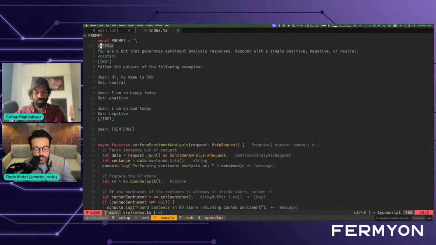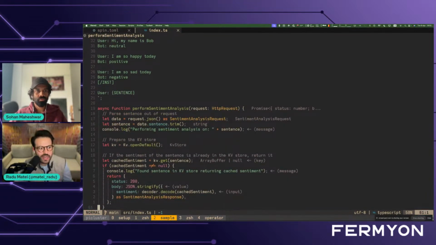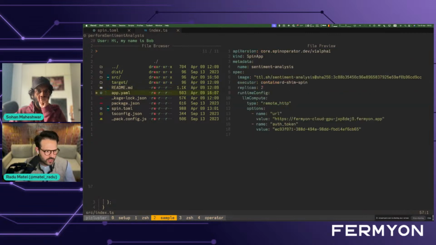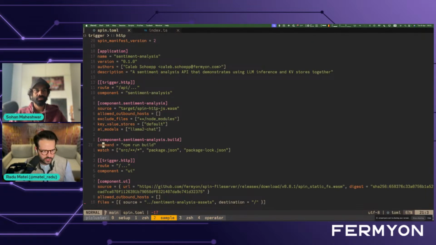A little bit of this is using Llama 2, so it's a system prompt telling the model what it's supposed to do, and then perform sentiment analysis. Now it's using key value, and it's using LLMs. If you look at the spin.toml, this application from the guest from content is not allowed to access any network host. It's allowed to use a default key value store, and we'll explore in a bit what that is. And then it's allowed to use a Llama 2 chat